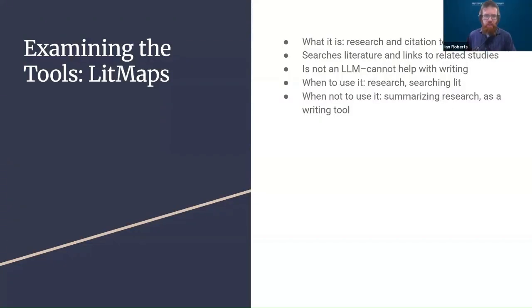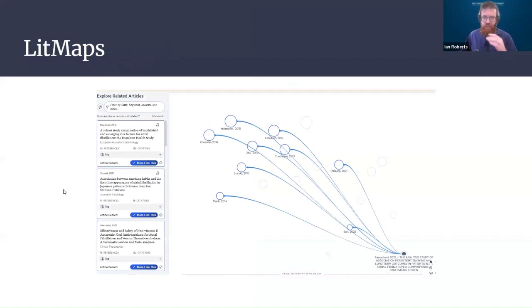So moving on, Lit Maps. Here we're getting into citation tools. Lit Maps searches scientific literature and links it to related research. I would think of this as a supplement to PubMed. If you might have missed something while searching PubMed, this might help you uncover that just by virtue of being a different way to search. So it's not a writing tool, but it does help you search the literature. And here's a screenshot of a search I did for atrial fibrillation. It found a 2024 systematic review on the association between AFib and long-term smoking, and then links it out in what I think is a visually appealing way to the studies that study was built on, and you can examine all of those.